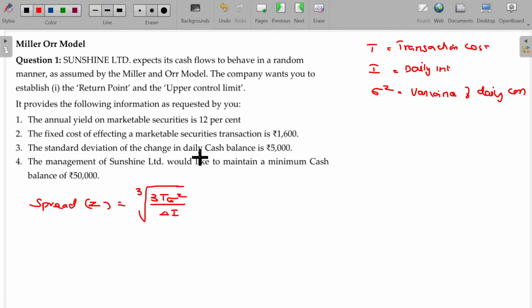Now, return point. Return point, otherwise RP, is equal to the Z we calculated earlier. With that, you have to add the lower limit. Usually, lower limit is a fixed number given. In case of upper limit,